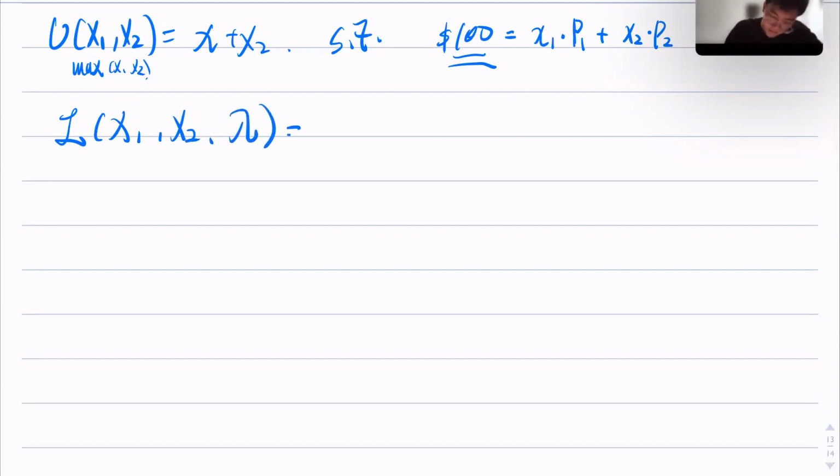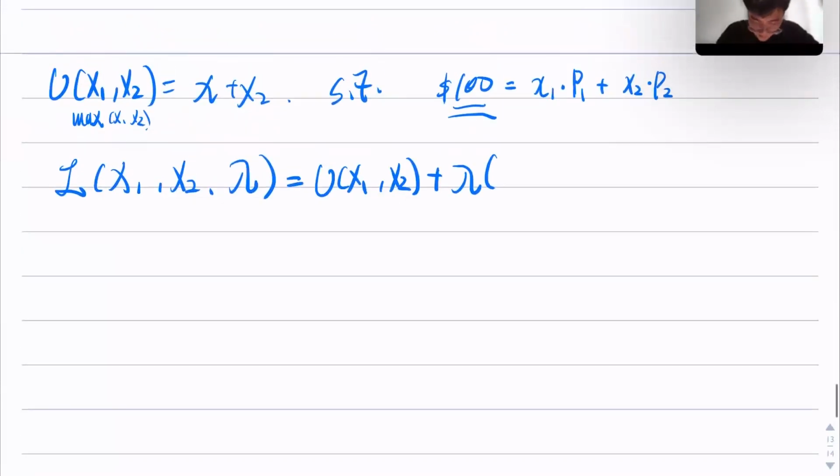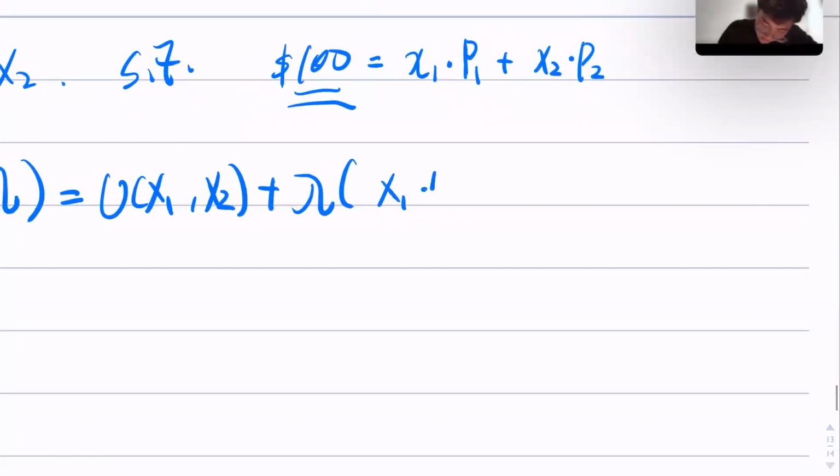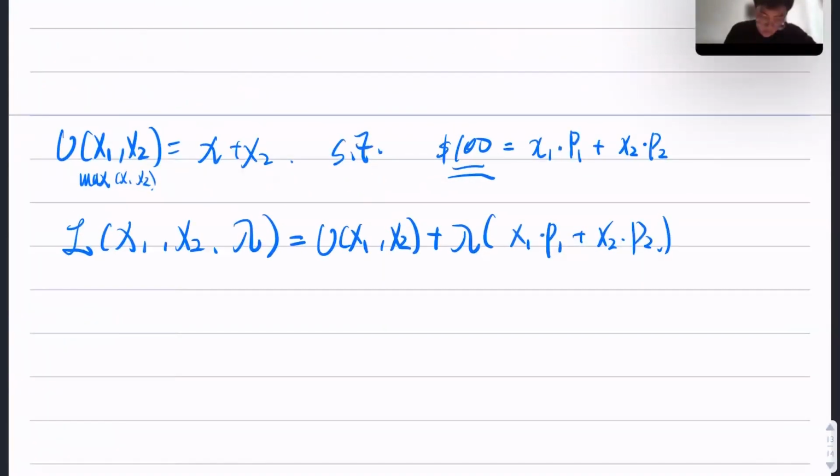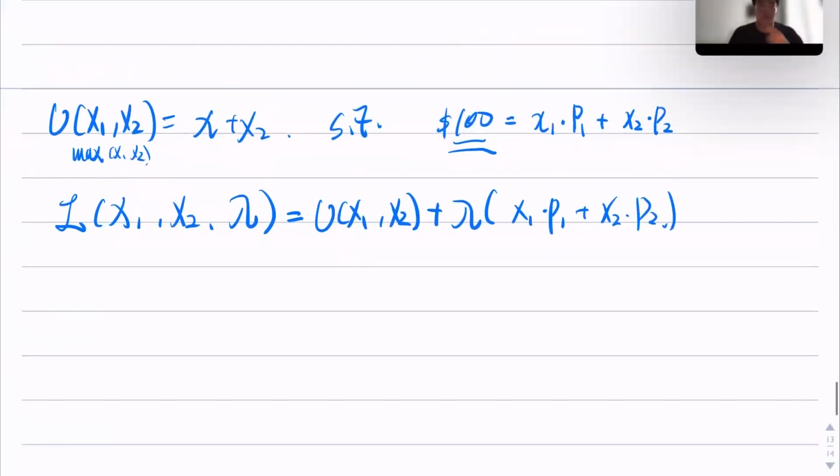As we were saying, the function is u of x1, x2 plus the Lagrange multiplier times our budget constraint, which is x1 times p1 plus x2 times p2. Now we're trying to maximize this function. Therefore,